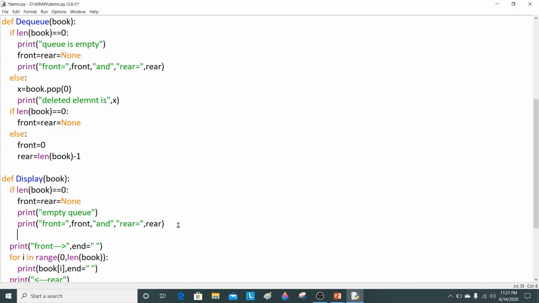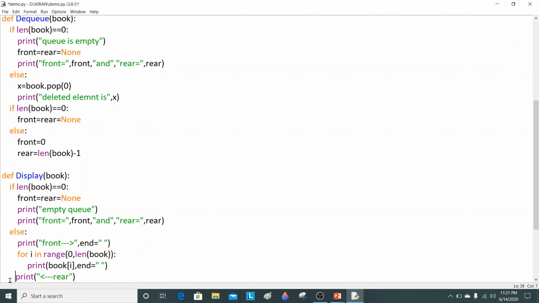Now if it is not empty, then in that case you have to write down these things. You have to print this value. Again you have to write down the for statement, and inside the for you have to write this, just below the for.